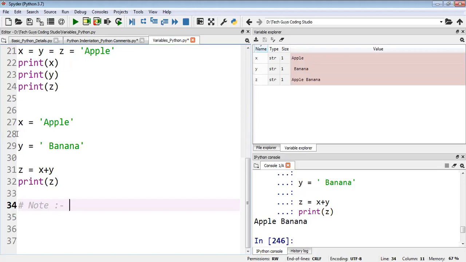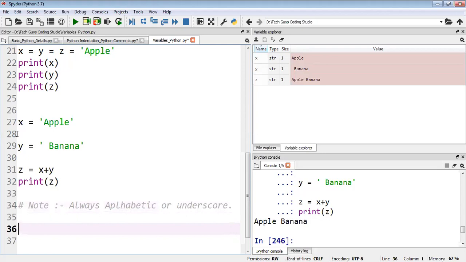We have some rules: variables should always start with alphabet characters, or else they should start with an underscore.